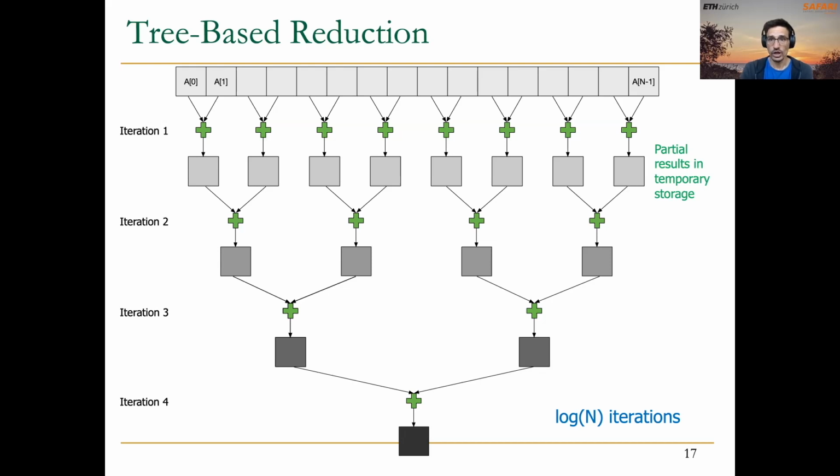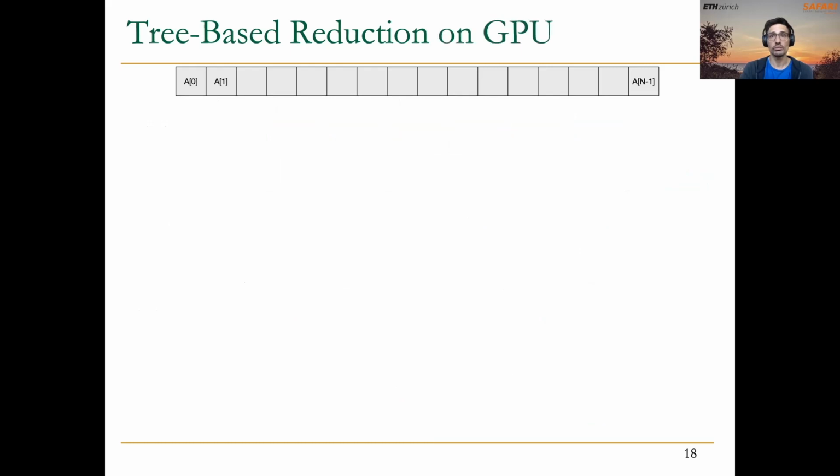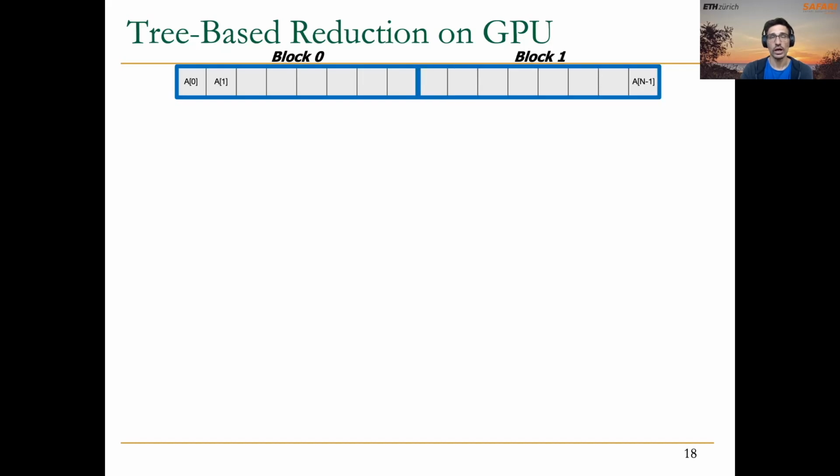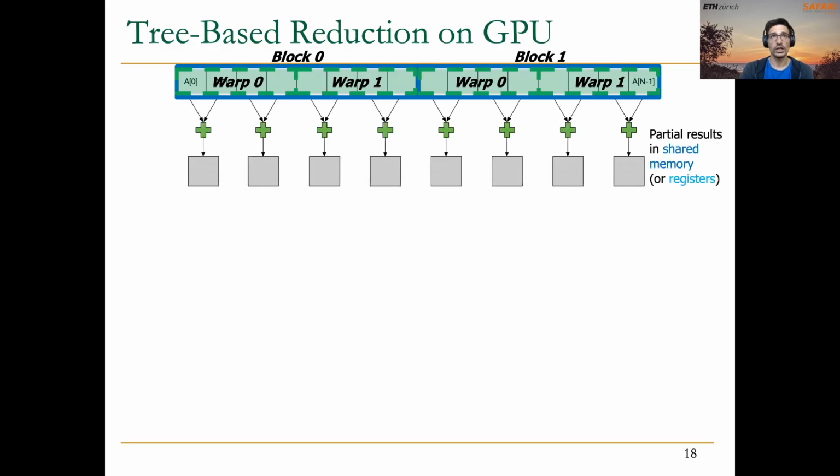And this tree-based reduction is the way that we are going to implement reduction on a GPU. In this case, what we will do is dividing the input array into the available thread blocks. Let's imagine that we have 2 thread blocks in this example, block 0 and block 1. And also inside each thread block, we assign computation to threads and to warps. So this part of the array could be assigned to warp 0, to warp 1, and the same for the other thread block. So then we start the execution, and in the very first iteration, we will have some threads